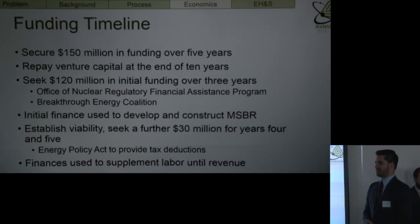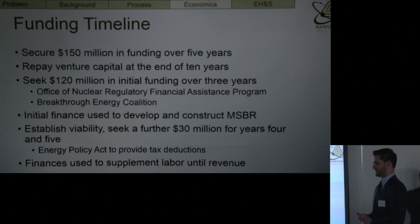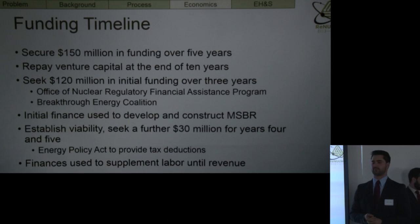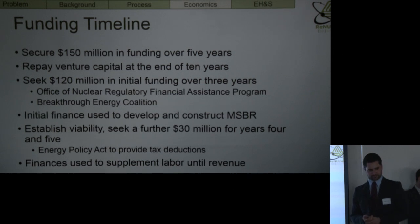So for our funding timeline, nuclear materials are not cheap. So in the first 3 years, we're looking to secure $150 million over 5 years. The lion's share of that, $120 million, we're looking to get in the first 3 years to get us up and off the ground. So we're looking to retrofit Mass Pilgrim, and again, that'll cost a significant share of the 120, as well as personnel. This 120 million is looking to come from two primary sources: the Office of Regulatory Financial Assistance Program,